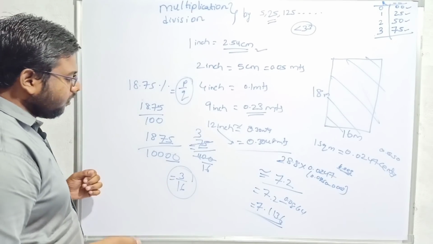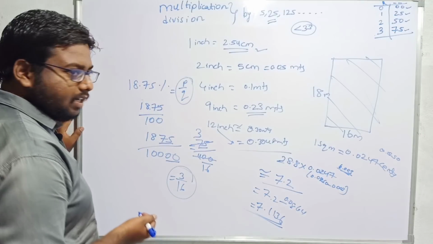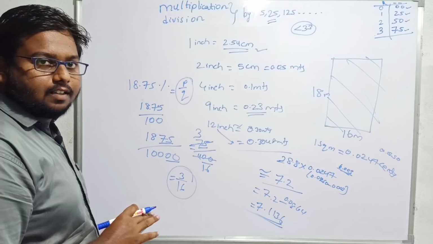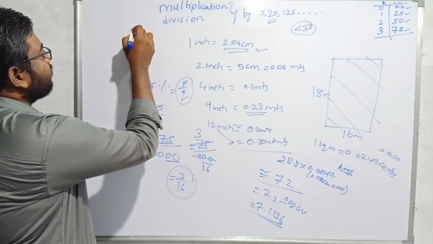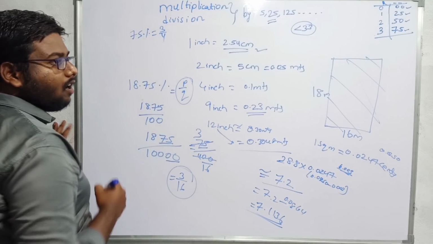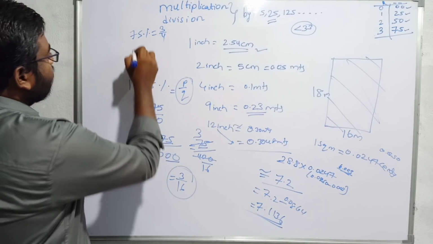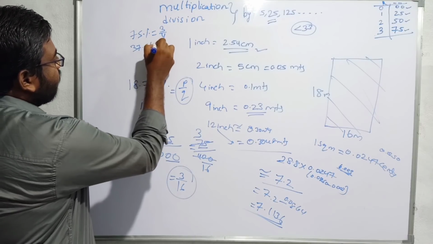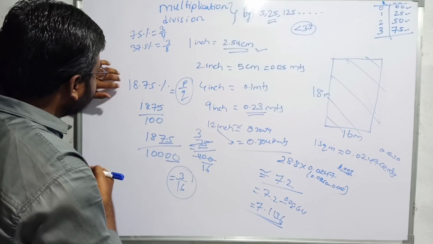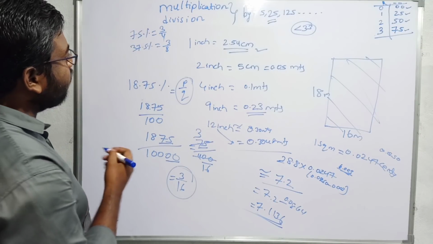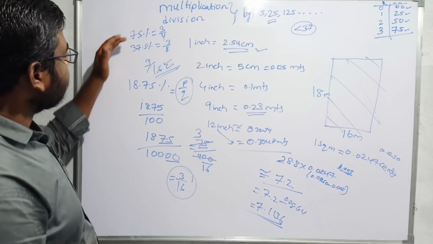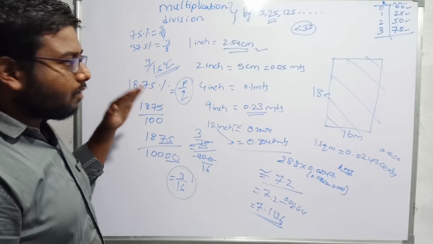Of course, we know how to calculate this simply in percentages. If I don't know the concept of percentage, then I will proceed like this. Everyone knows that 75% is 3 by 4. Half of 75% is 37.5%, which is 3 by 8. The half of 37.5% is 18.75%, so half of 3 by 8 is 3 by 16. This is how we can say the value when we are discussing percentages.